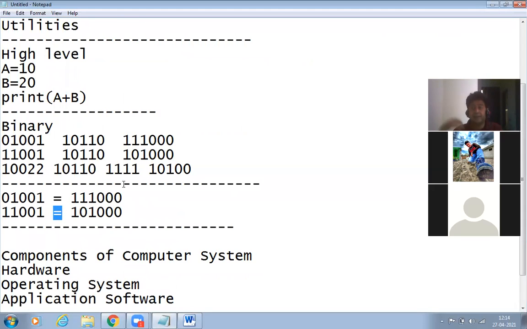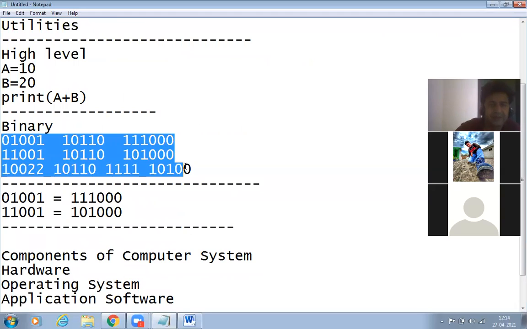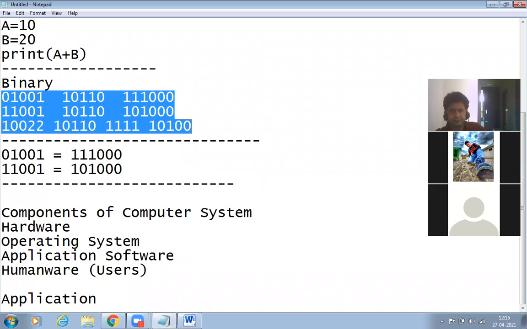In that case, assemblers were there to convert assembly language into low level language. This is important. That's why at present we have high level language, so there is no need of assembly language. But even then we can use assembly language. There are a lot of examples on the internet, and by using them we can convert our code into assembly language. In future I will give examples. Now tell me, is this concept clear? Okay, beta.